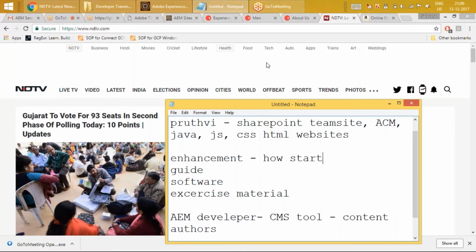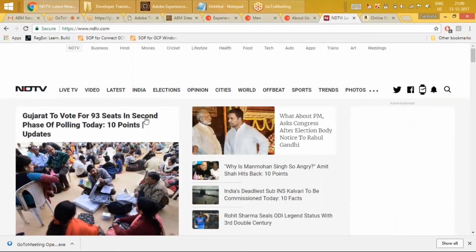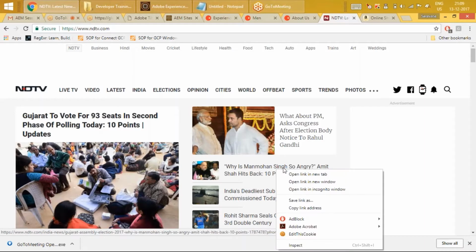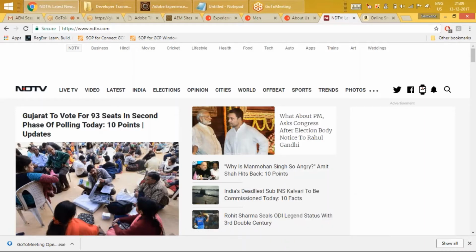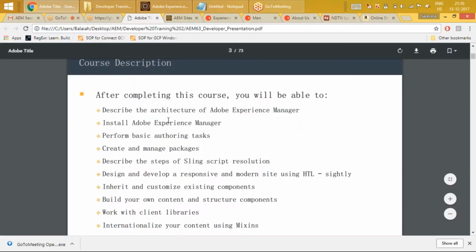Okay, for example, if you are working on a website and they're asking to fix this particular section, or to change this font size or something, you should know how to go into the coding part of it, like where is this particular source code located and what I have to change in the source code in order to bring up my business requirement that has been requested. So how do I do that? How do I approach a business requirement? That's what we're learning in this course.